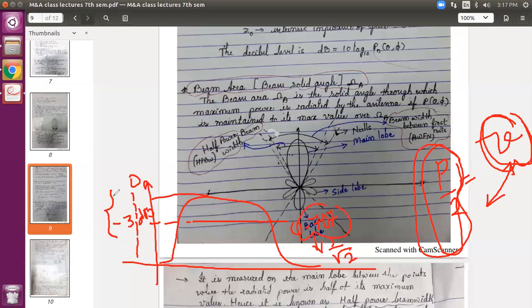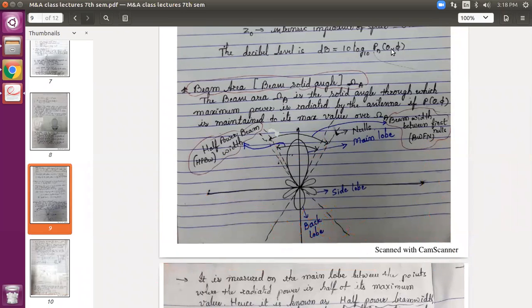Generally, 3 dB roll off you have seen even in filters and frequency responses. 3 dB, 6 dB, 9 dB, like that. So no need to explain that 3 dB rule. If you don't know what the 3 dB rule is, please go through it from the internet. So the important parameter is where power is half of the maximum value between these 2 points, that we call half power beam width. No doubt it is divided by 2, but in terms of voltage, we have 1 by root 2, 0.707.